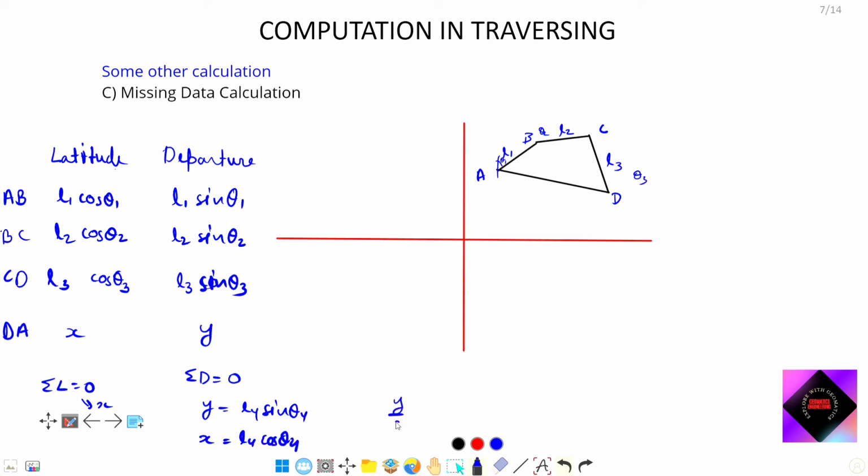So by doing y by x, you can calculate tan theta 4. From there you can calculate theta 4, and if you get theta 4, just by putting it in this equation, you will get the value of L4 also. So in this way you can calculate missing data with the help of a closed traverse. Now moving further,